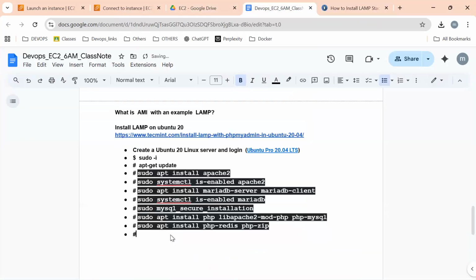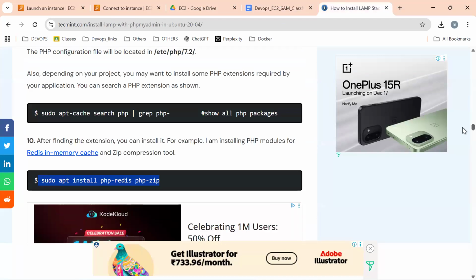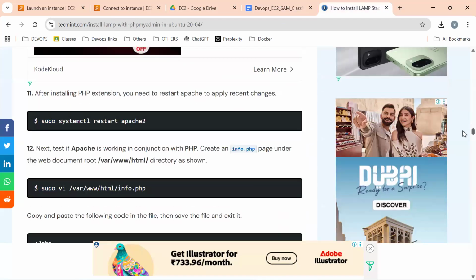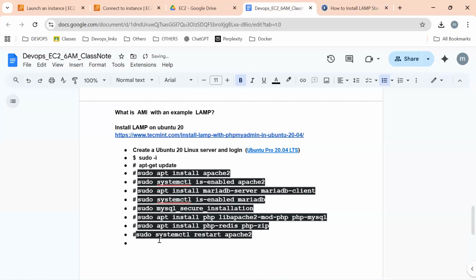So don't try to understand what is PHP, what is MySQL for today. Okay. Just install successfully. That's it. Our agenda is what? Not understanding. Today our agenda is not understanding MySQL, not understanding PHP. Our agenda is only for AMI. So please restart our Apache 2. Once these are all installed, then please restart our Apache 2.